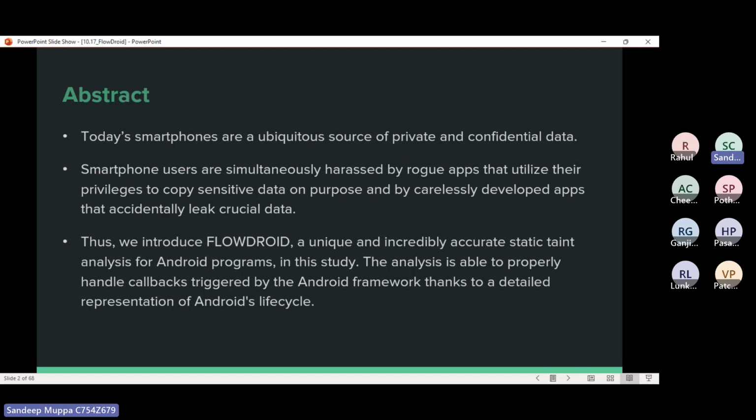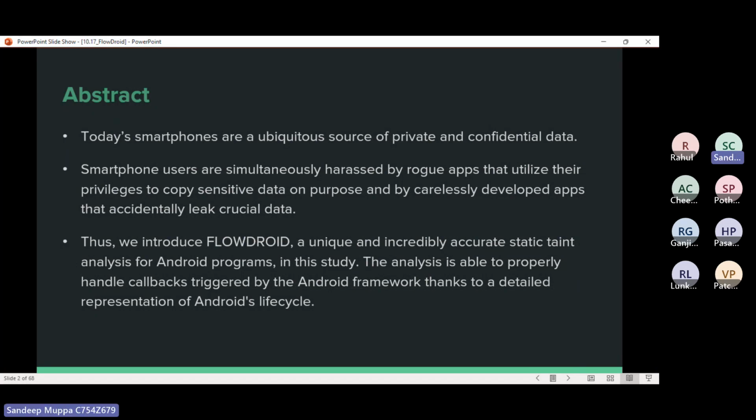While existing static taint analysis approaches have the potential of detecting such data leaks ahead of time, all approaches for Android use a number of coarse-grain approximations that can yield a high number of missed leaks and false alarms. In this work, we present FlowDroid, a novel and highly precise static taint analysis for Android applications.